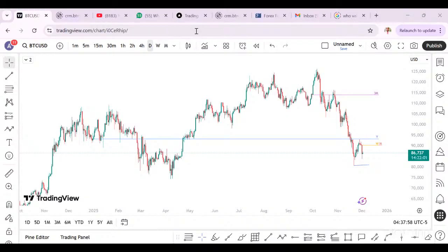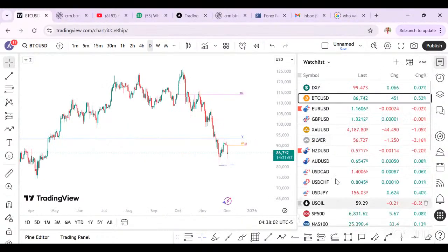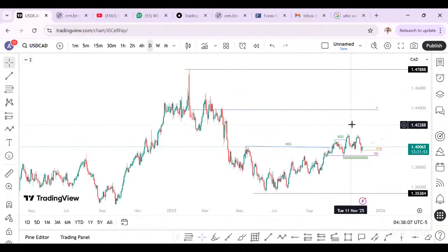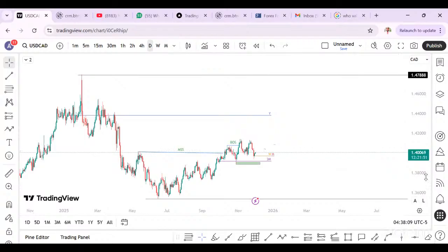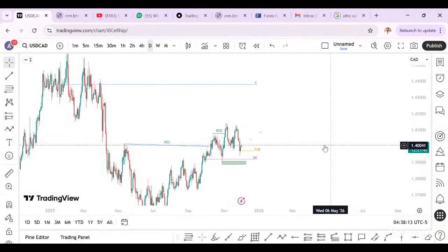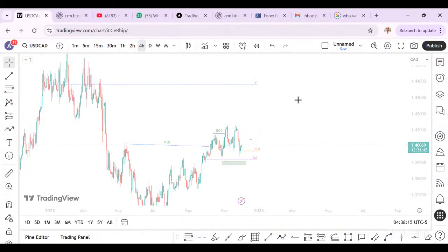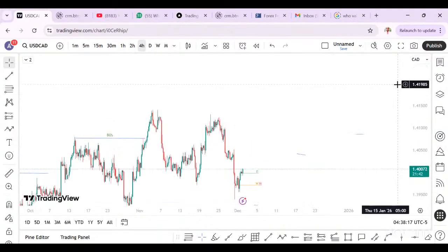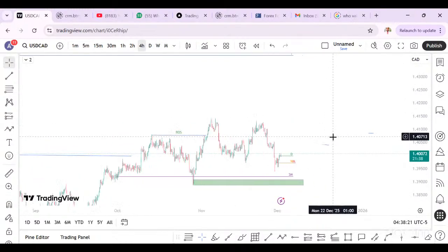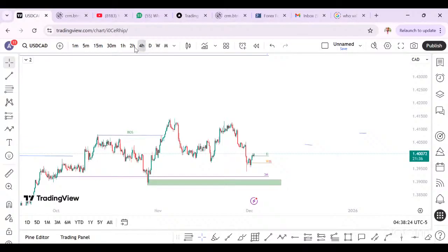Euro GBP, okay, I'll do that. So let's look at our USD-CAD. We're looking at buying USD-CAD. We may get a buy here. Yes, I think this one is good to buy. Maybe we'll get a short here, but I don't think so. So if we buy now,